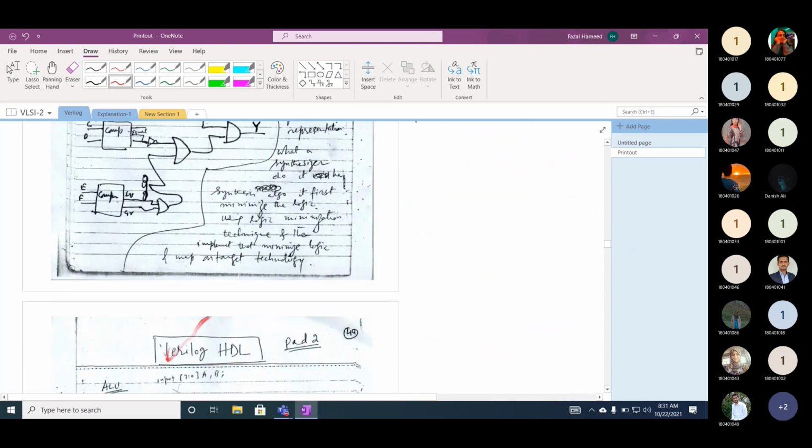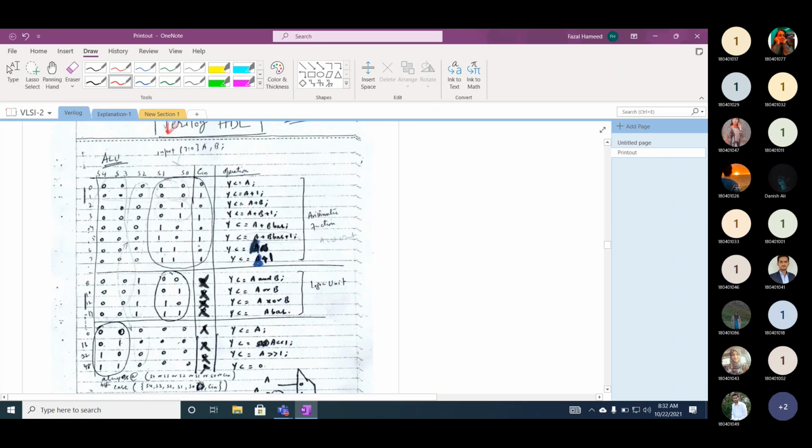So now we can have different implementations of the same functionality. For instance, if you want a 4-bit adder, you can realize the same adder using a carry-lookahead adder or a ripple carry adder. But which adder is efficient in terms of speed? Carry-lookahead adder is much more efficient compared to ripple carry adder in terms of performance. But which one is expensive in terms of hardware? Carry-lookahead adder is much more expensive. And you have studied this already in your digital logic design course.